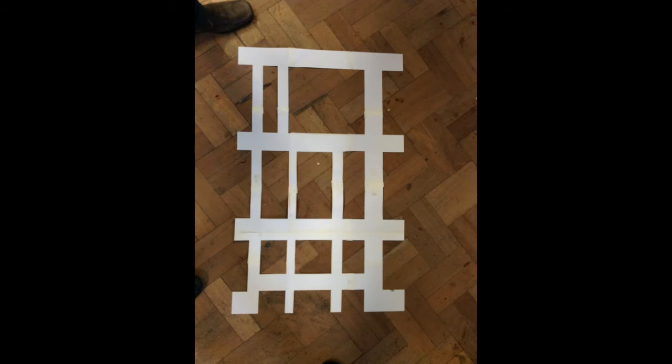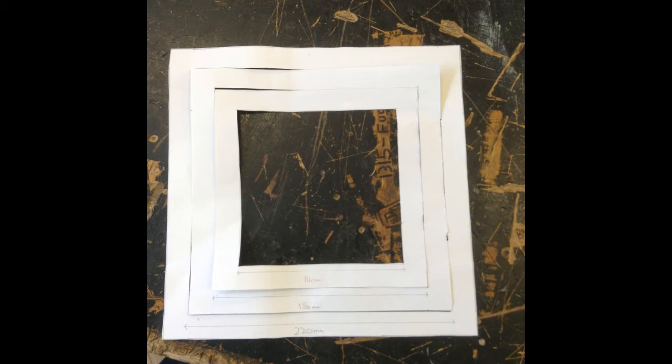So starting off with paper. Paper is the easiest one to do. It's cheap, it's recyclable, everyone's got access to it. It has limited modelling value, but I find it's really good for initial sizes. I get my kids to draw 3 or 4 different sizes, 2D obviously, of their finished work, and they can ascertain, is the smaller size appropriate, is the big size appropriate, but they cut it out